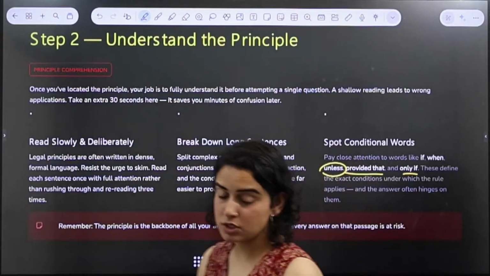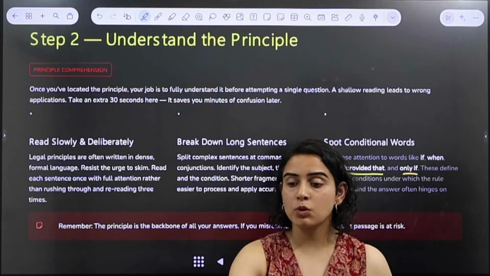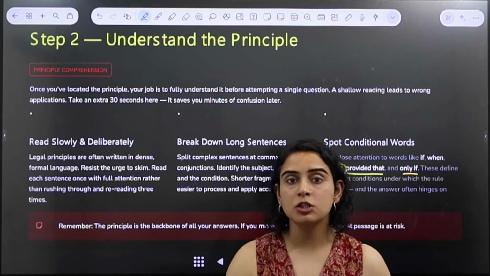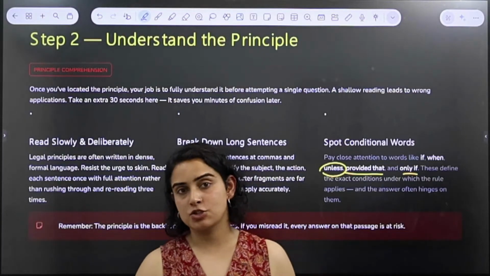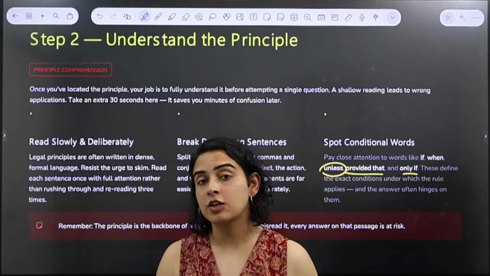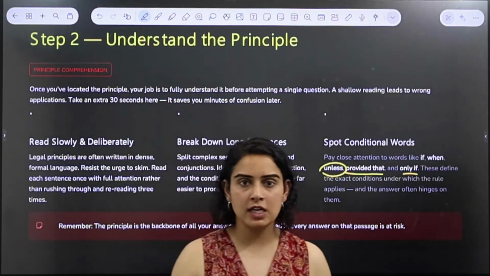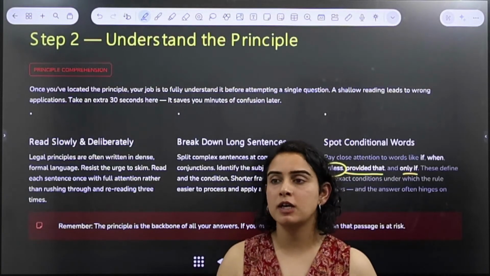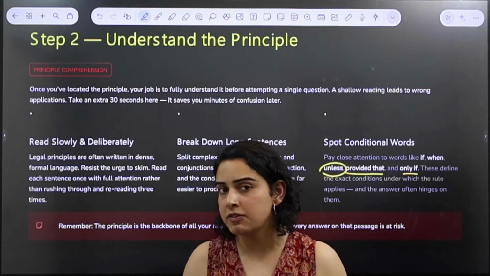I have seen students struggling so much and saying that this probably was the most correct answer, but it wasn't. Why? Because they missed the conditional words in the passage while reading it. So speed reading, yes, it is important, but speed reading with accuracy is much more important. So read quickly. If you have allocated time to a passage, that I do not want to spend more than 1.5 minutes or 2 minutes in reading that passage, that's absolutely fine.